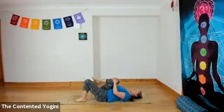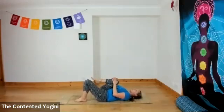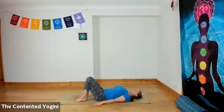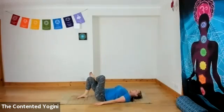hug your left knee in, give it a stir, stirring the hip bones, stirring the thigh bones in the sockets, and the opposite way as well. Very good. And then from here, taking your left foot to the floor, and we can do the same thing on the opposite side. So arms are down by the side, sorry. Lengthen the right leg up, turn the right toes out to the right, and then cross the right ankle over